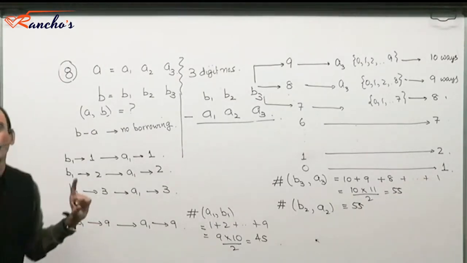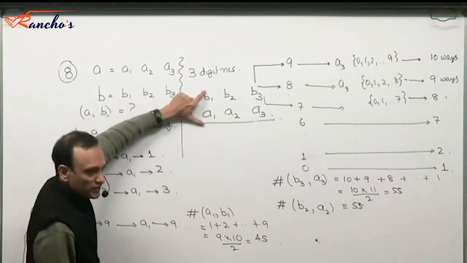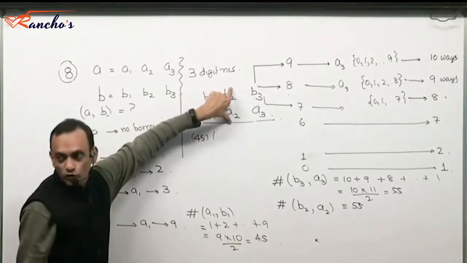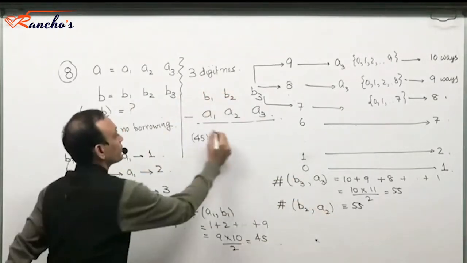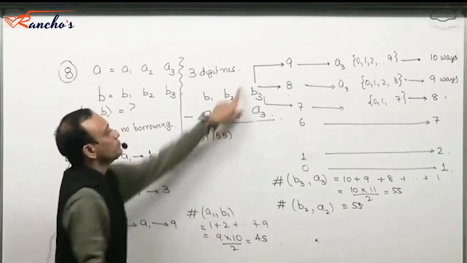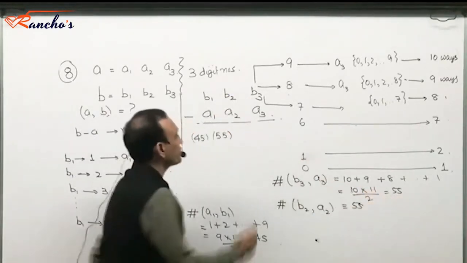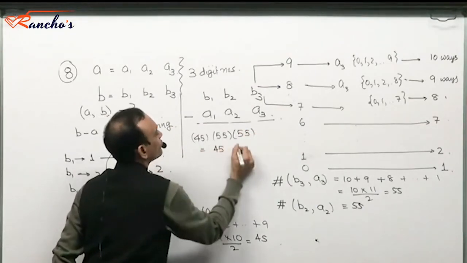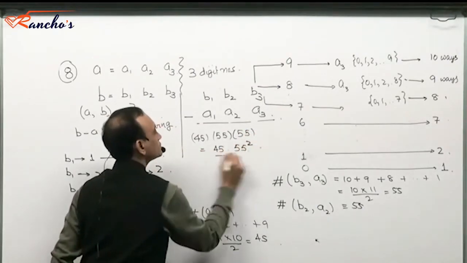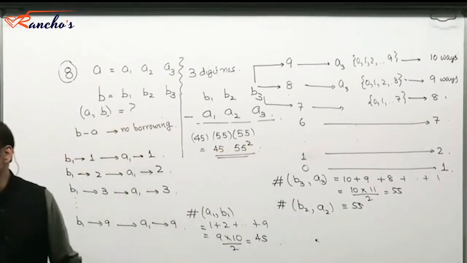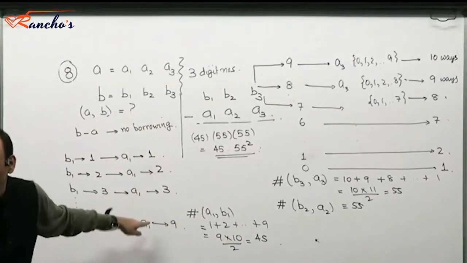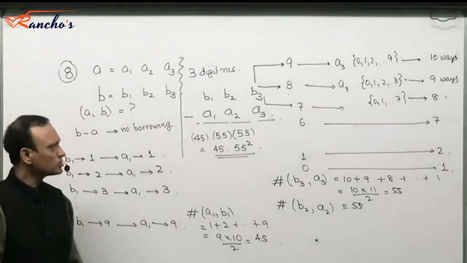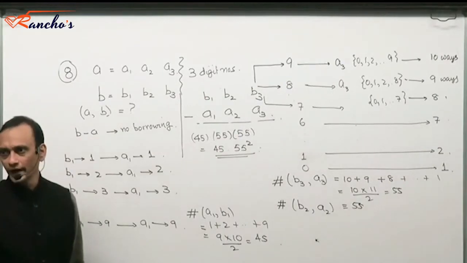That means the count would be number of ways in which a1 b1 could be selected, which is 45, into number of ways in which b2 a2 could be selected, 55, into number of ways in which b3 a3 could be selected, 55. So that makes it 45 into 55 squared. The only mistake you would have made is you would have assumed that, well, a1 b1 could be 0. That's why you got 55 cubed, right? That's the answer you got. But it's all right. Makes sense to all of you, right?